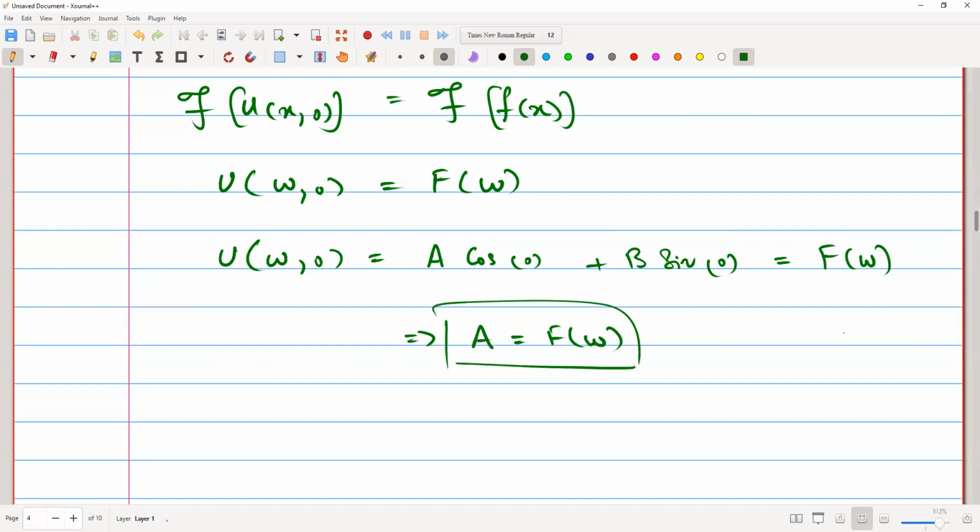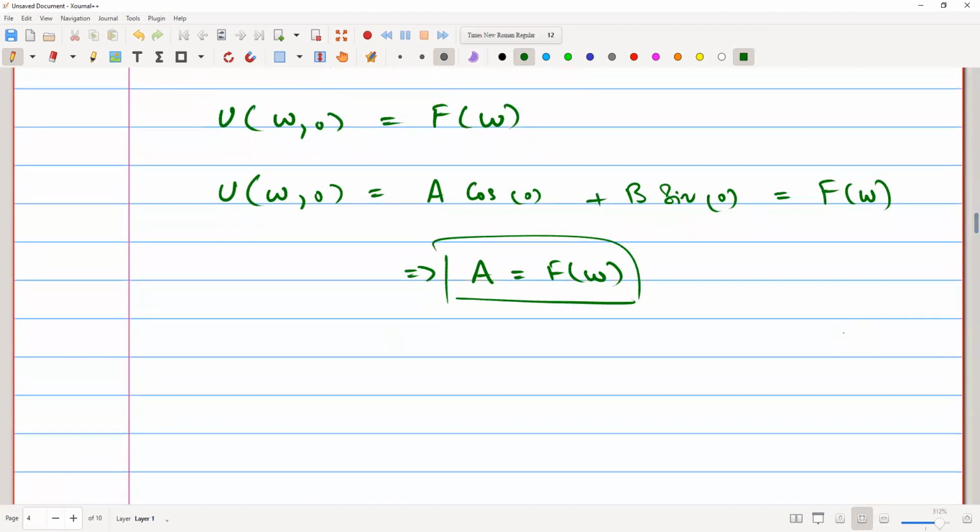Now for b, the other initial condition is given, that is the initial velocity, and it's given that it's 0. So first of all, we need to take the derivative of the function with respect to t. So u t will be equal to negative a omega c cosine c omega t plus, sorry, it will be sine, not cosine. It will be sine, and then